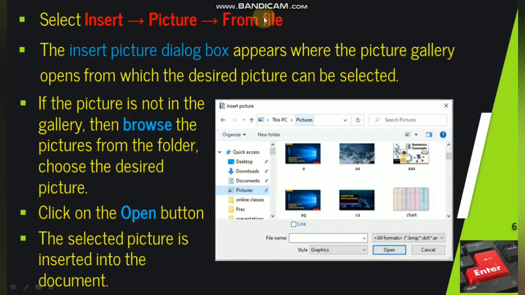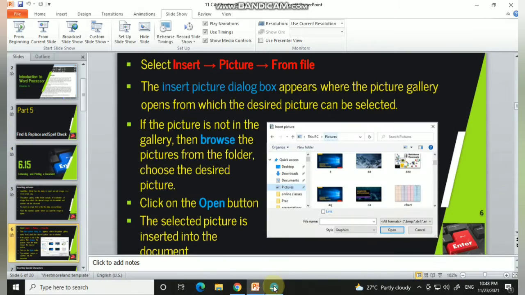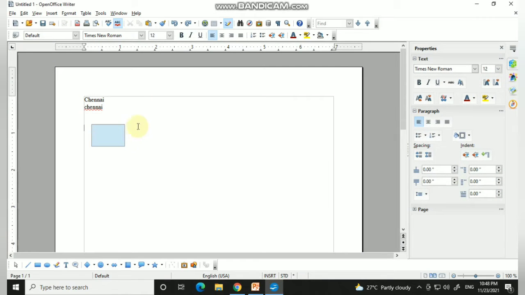Once you choose this, you will get the Insert Picture dialog box, from where you can choose the pictures from your computer, from the folder in which you have your photos. For example, this is our OpenOffice Writer.